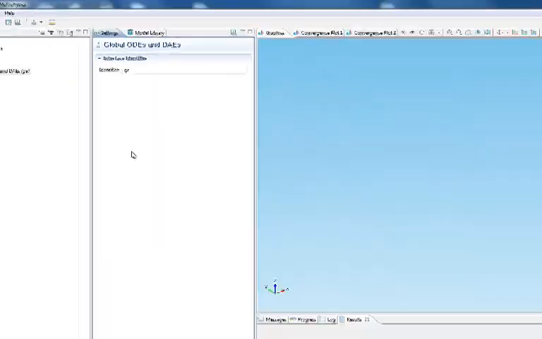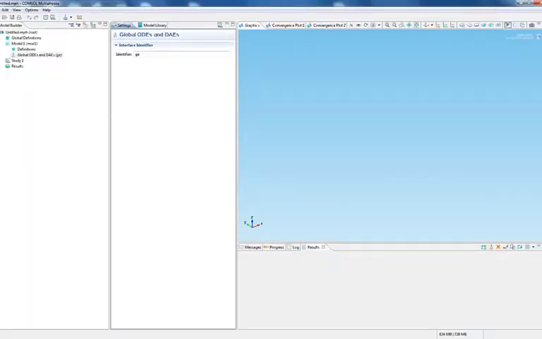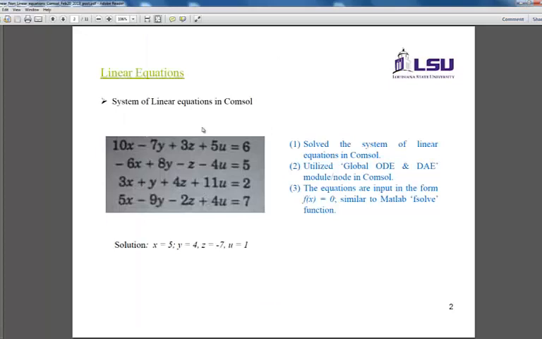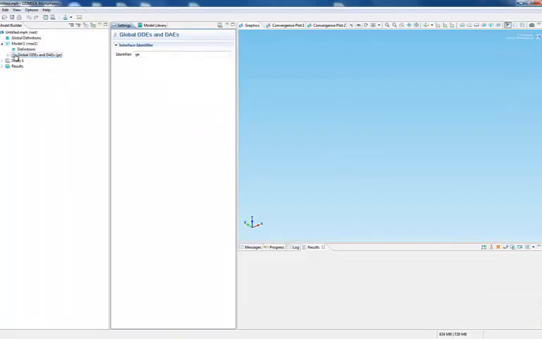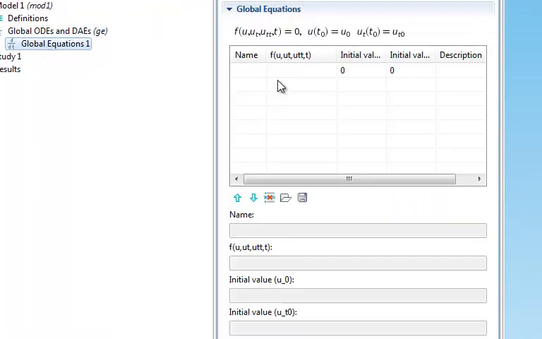If I go back here, I have written that these equations need to be entered in the form f(x) equal to 0. So we need to take the right-hand side to the left-hand side. This first equation will contain the term minus 6. So let us just enter this equation, 10x minus 7y. In these global equations, if you click this, you can see